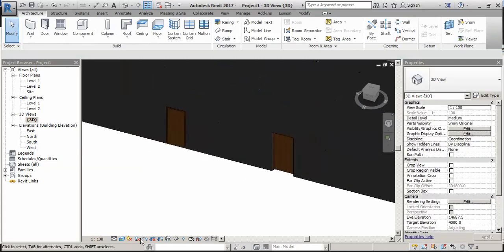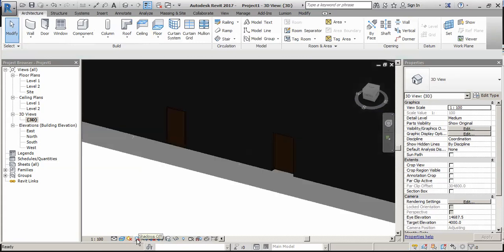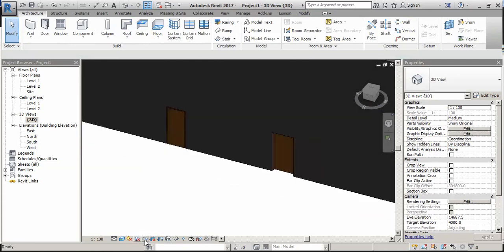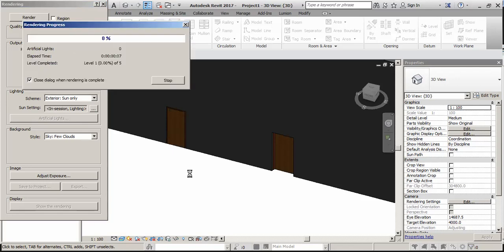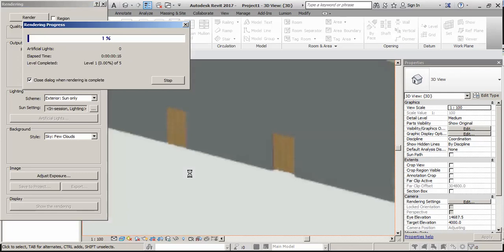If we do a short render, then we can visualize this. I'm taking this in medium mode, render. Now it will take some time to render, and you can visualize the rendered material also.